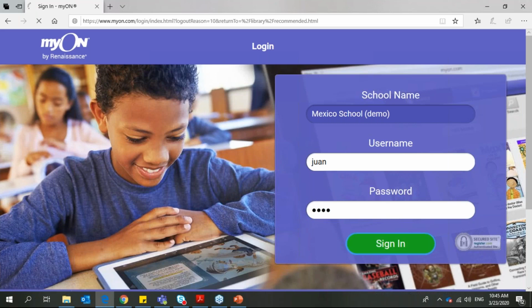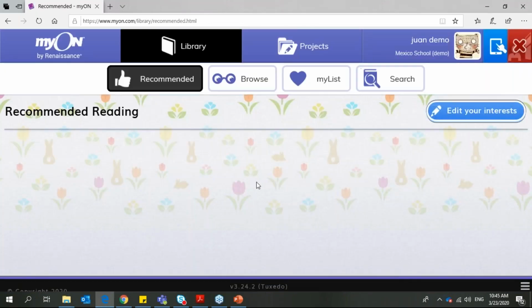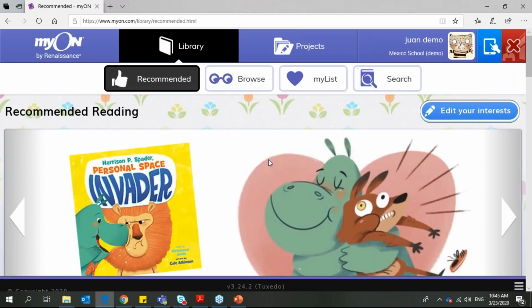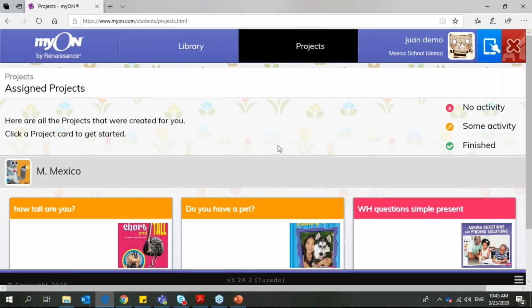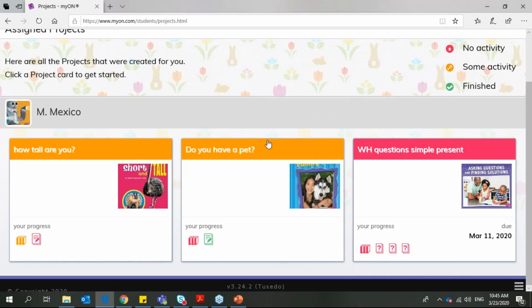What my students see. I am going to see my project, my recommended reading. But then if I go to projects, I have these projects here. Do you have a pet? This is what my student